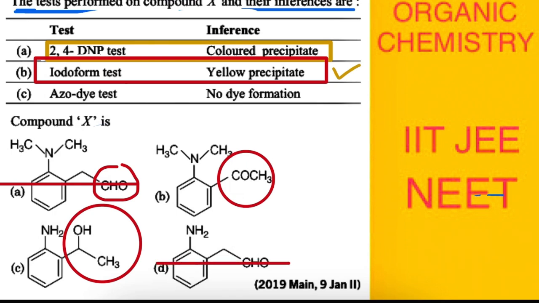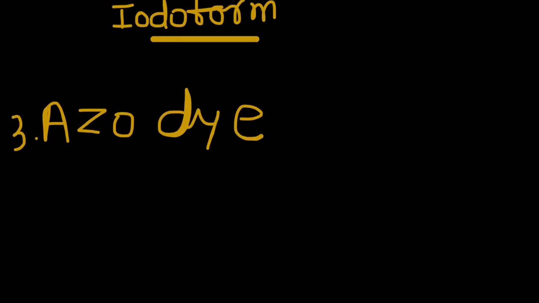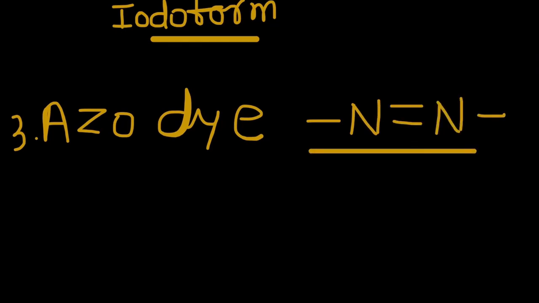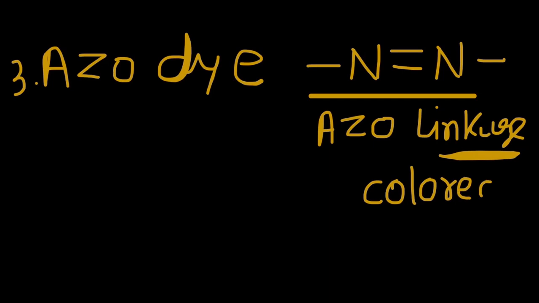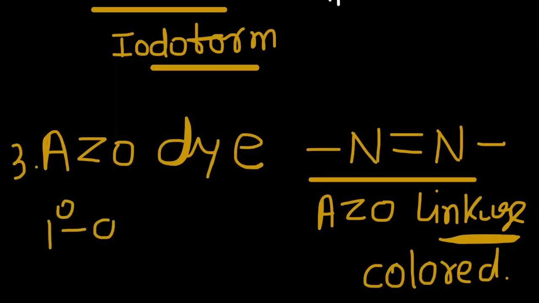Okay. The last test is the azo dye test and it is the confirmation test of our question. Now, the azo dye test gives a dye, that means color. Azo dye means the N=N bond should be present in the compound, and this is the azo linkage. Okay. Azo dyes are colored compounds. Only primary amine